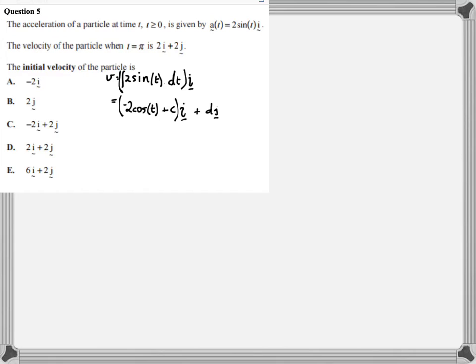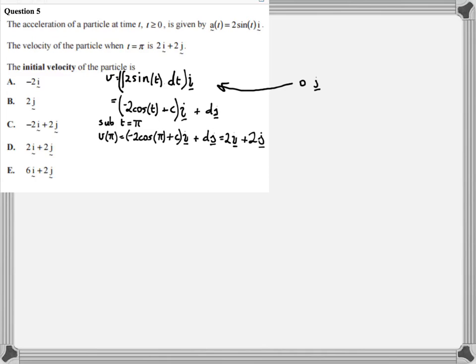Now, currently, our J component here is not written, so you have to think of it as a 0 in the J. Okay, so when you integrate a 0, you get a constant, so that's why we've introduced a d integration constant there. Okay, so now we go ahead and sub in t equals pi,